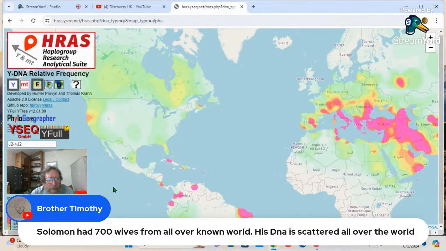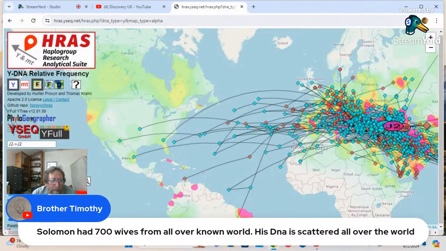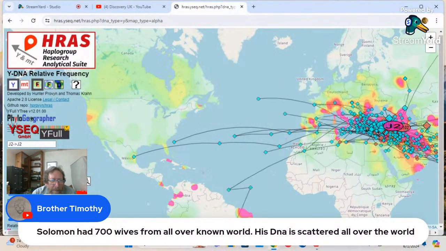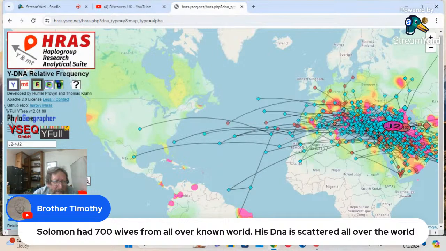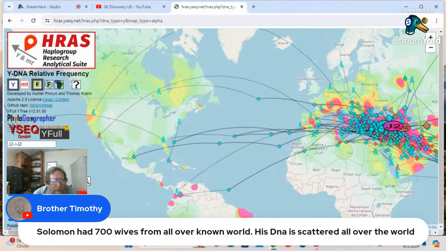So let's go ahead and hit the lineages. Notice how J2 is more to the north. And we'll go back in time if we can. 4,400. Now, J2 does go back 4,400 years. It's actually 5,000 right there. But anyways, we'll go ahead and put the descendants in, the samples in,